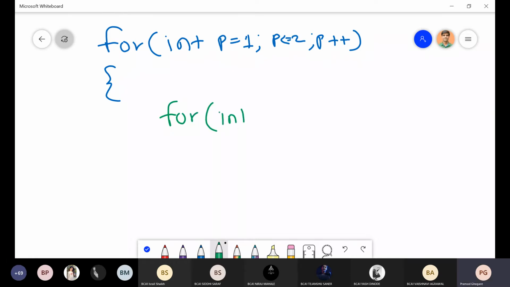For int q is equal to 1, q is less than or equal to p. Okay, I am writing p here.